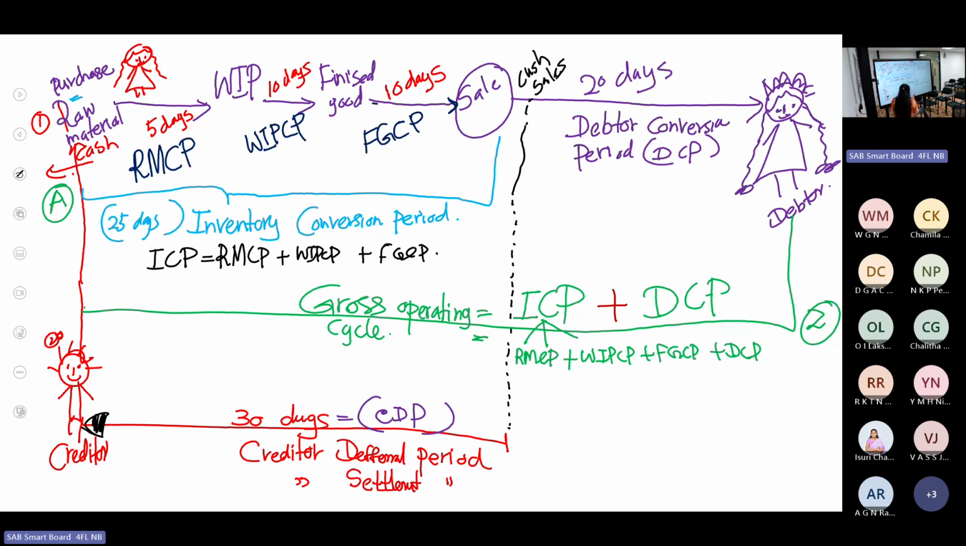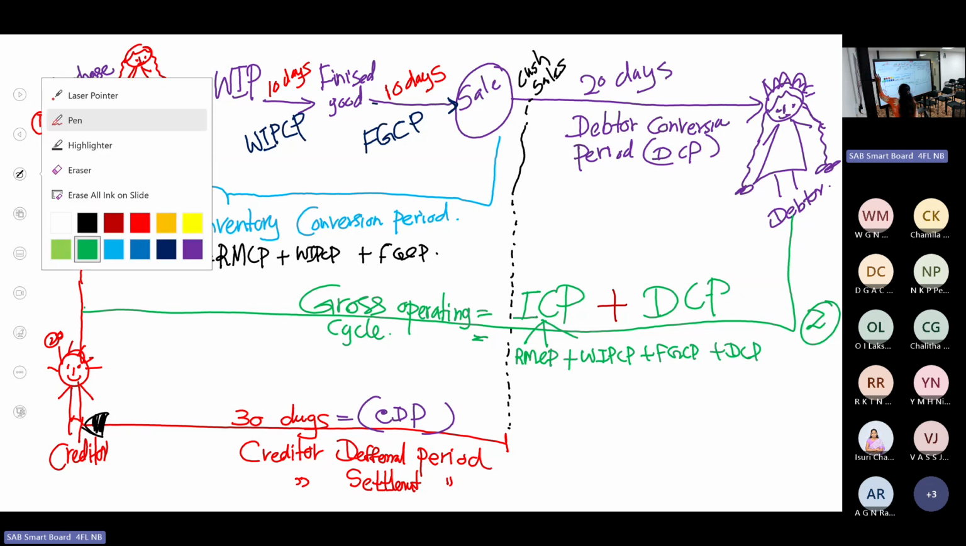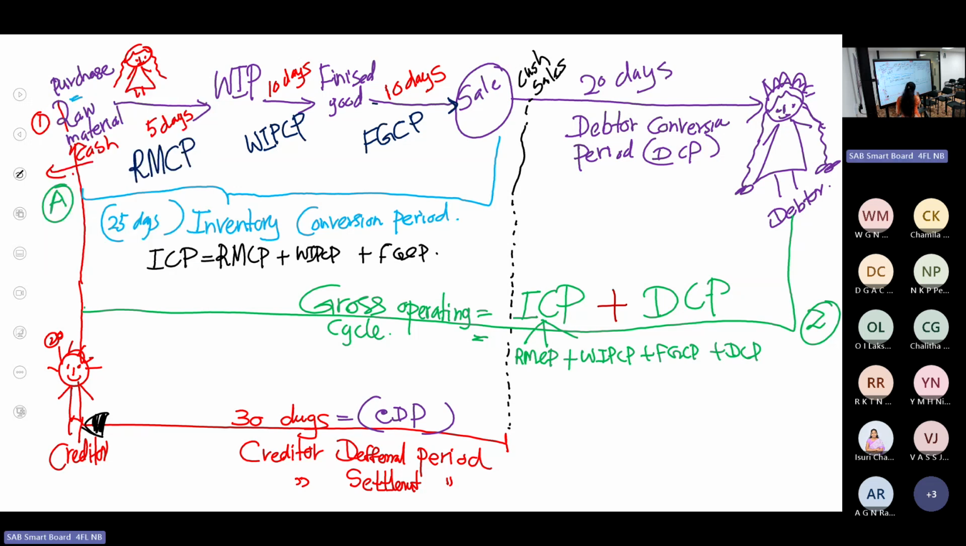Now, if we remove the creditor deferral period from this entire gross operating cycle, it is called, right? Up to here, we'll take it as X. A to X, that is 30 days. A to X, 30 days. That is the creditor deferral period. If you remove the creditor deferral period from the gross operating cycle,